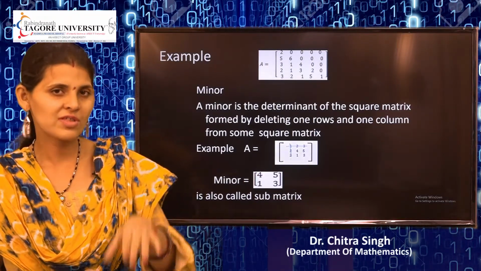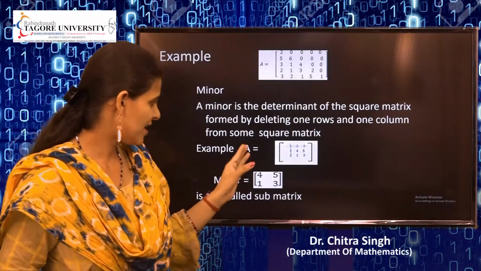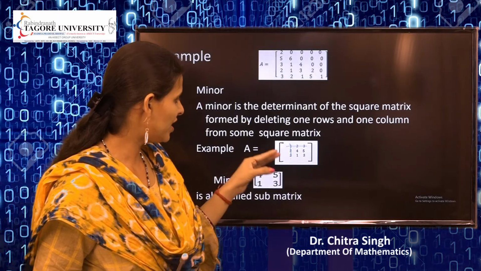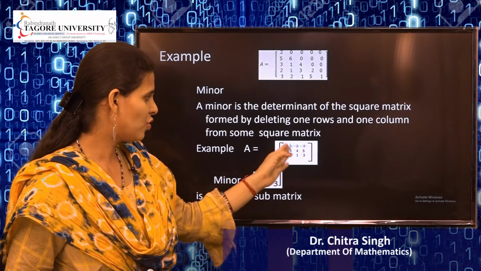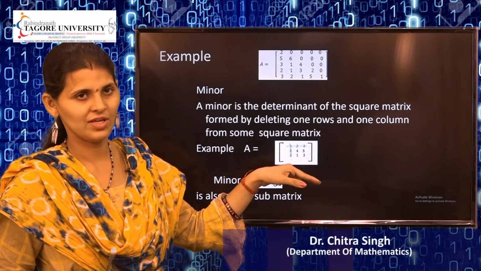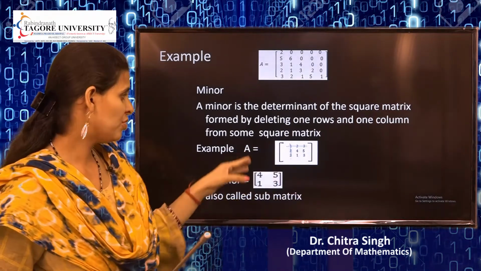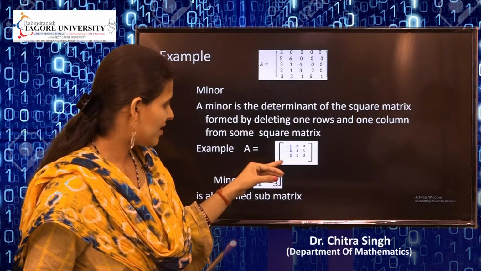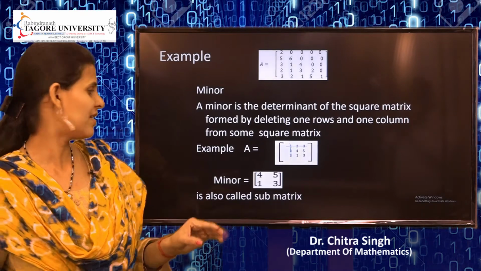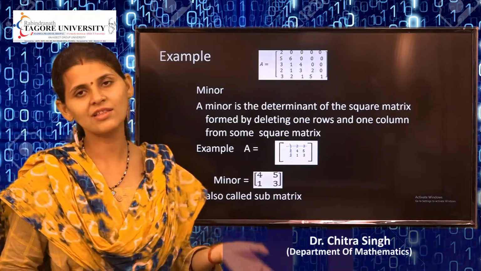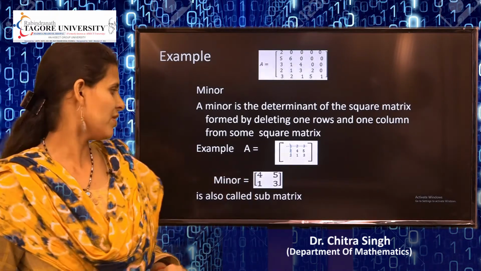Minor is also a submatrix. Also, you can do it in this form: the matrix is C, the 2nd column and 2 4 1 and 2 4 5 are also deleted, so you get a minor of 1 3 and 2 3. So this is also a minor of a matrix. Minor is also called a submatrix. Minor is also called a cofactor of a matrix.